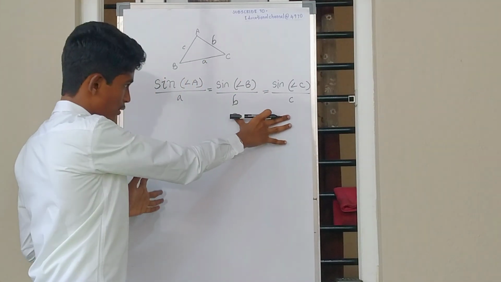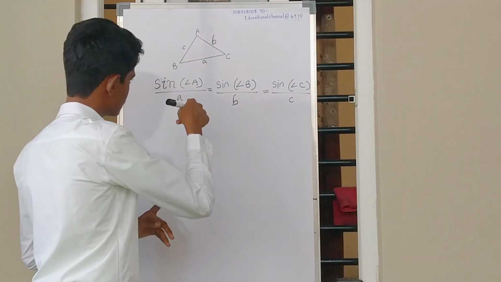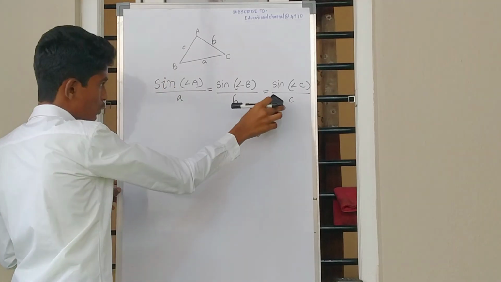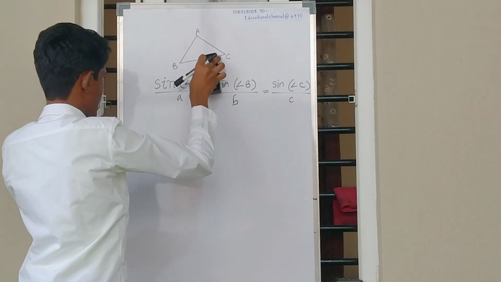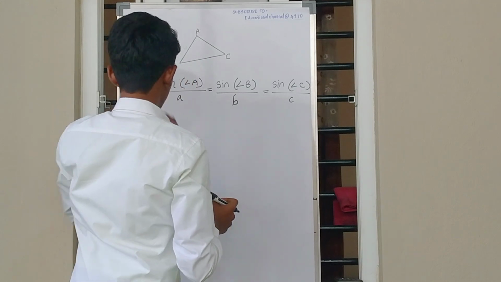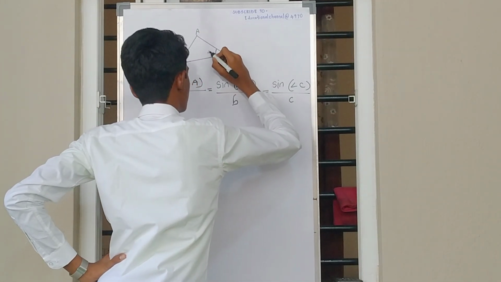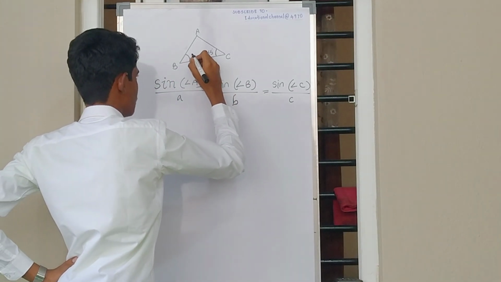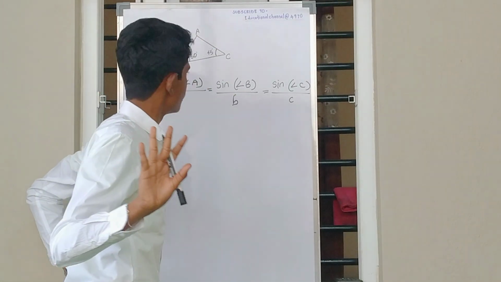Now this is the rule. How do we apply it? Watch and learn. So we know this, right? Now let's substitute different values. We will create a new problem and we will solve it by ourselves. So let's say we have 45 degrees here, and then we have another 60 degrees.